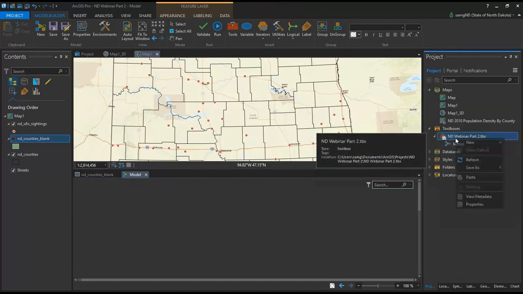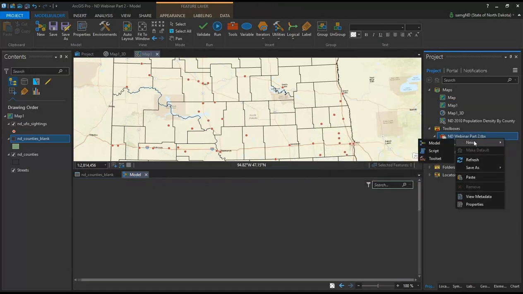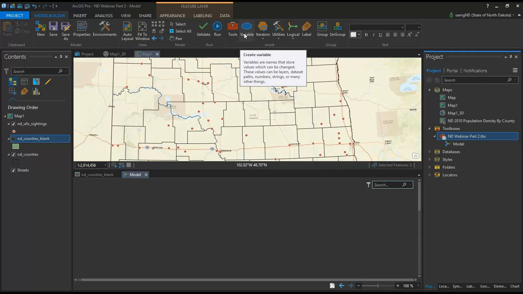So you can follow the traditional workflow of right-clicking on your toolbox and saying new model like before, or you saw it's just a really quick step here to add it. And things are rearranged a little bit, but building a model is essentially the same as it was before. The one thing I really wanted to point out to folks is